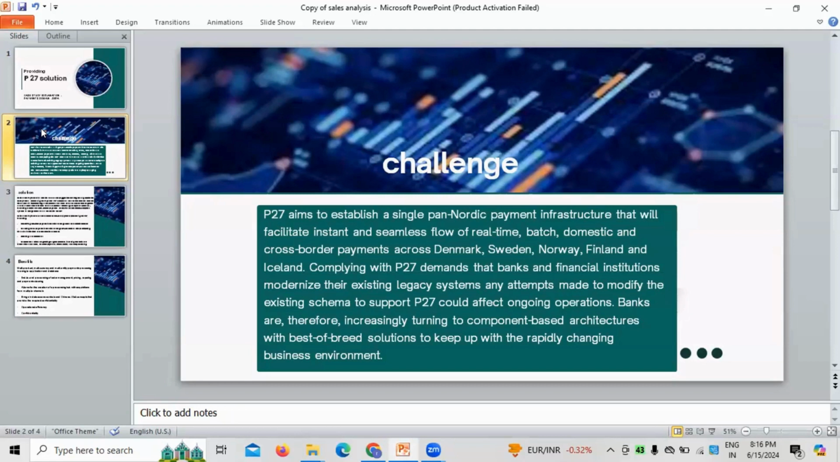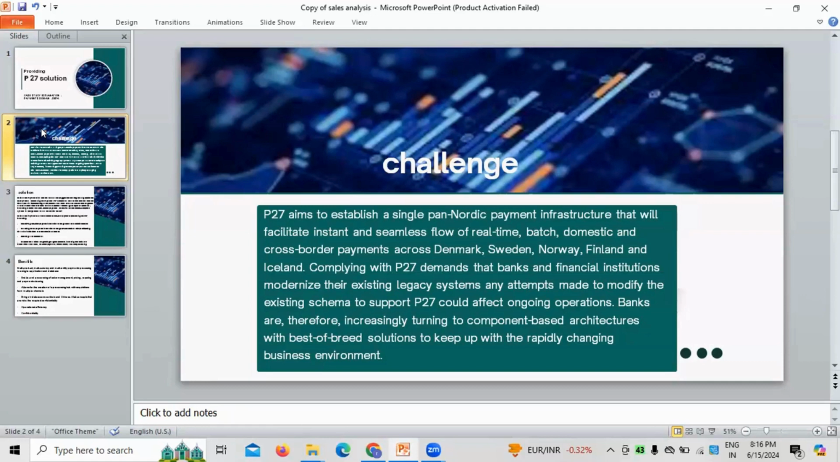More or less, I can say it's a kind of real-time clearing system, which any financial institutions normally require. In this regard, the challenge here, as already mentioned, is that P27 is a kind of network or clearing system, majorly established to provide an instant as well as seamless flow of real-time payment data, I'm talking about cross-border payments